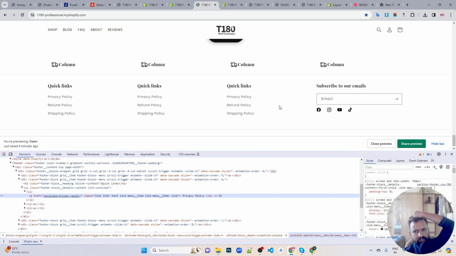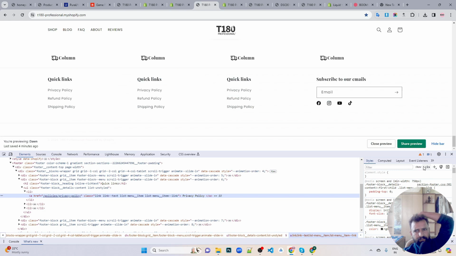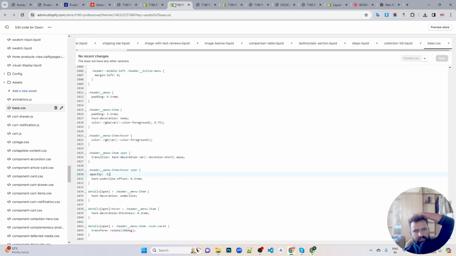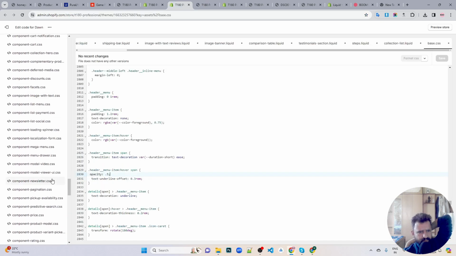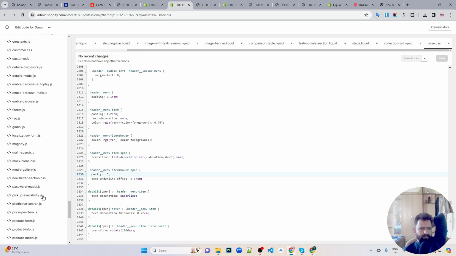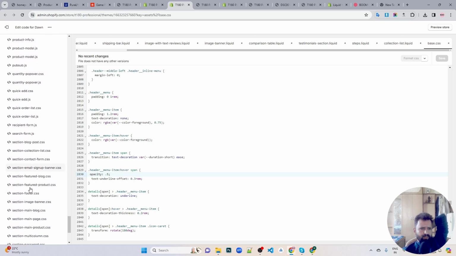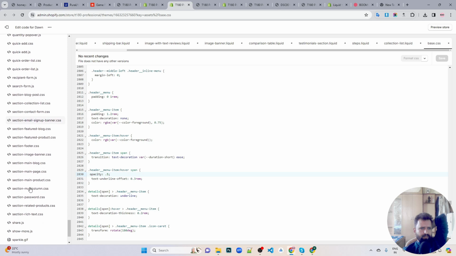I'm gonna do the same for the footer part. If I hover over it, I see this text decoration underline, that is under section footer. So we'll go to section footer.css,